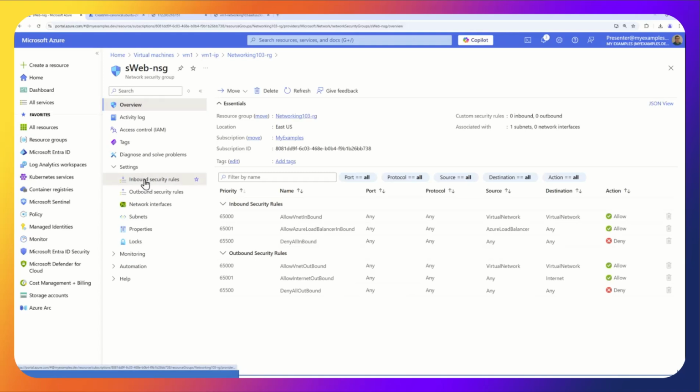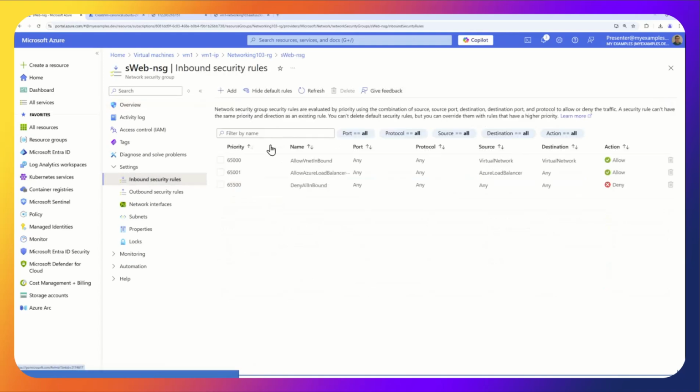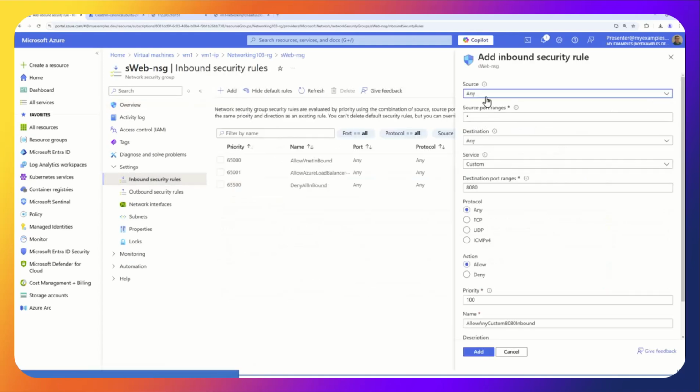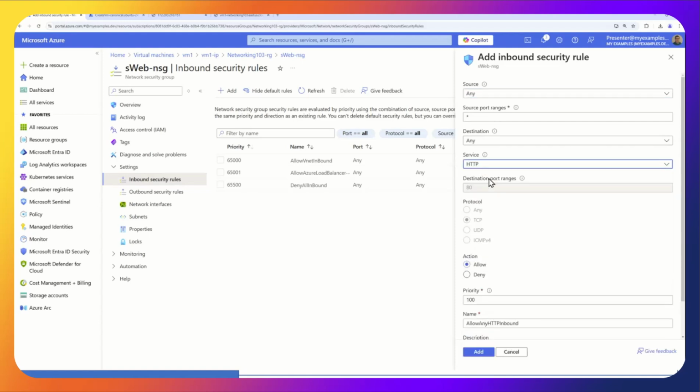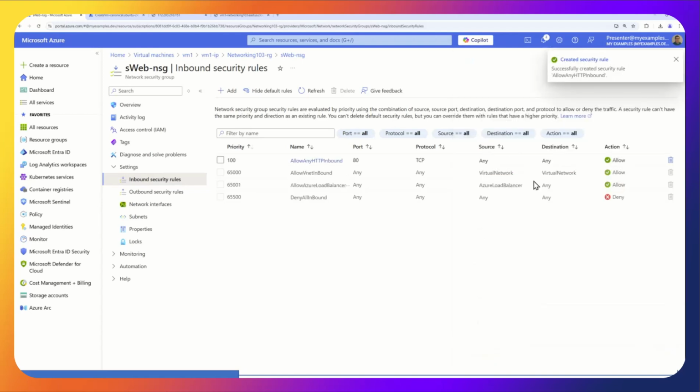So let me say inbound, add. For the service, I'm going to choose HTTP. I'm going to say add. And see, allow any HTTP inbound, port 80, and allow. The lower the number, the higher the priority.